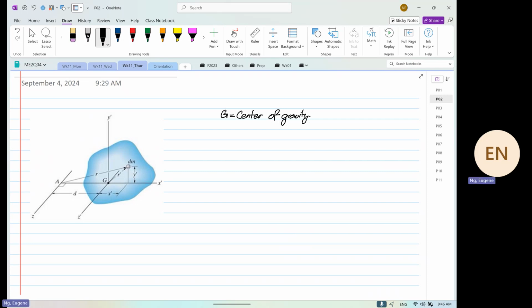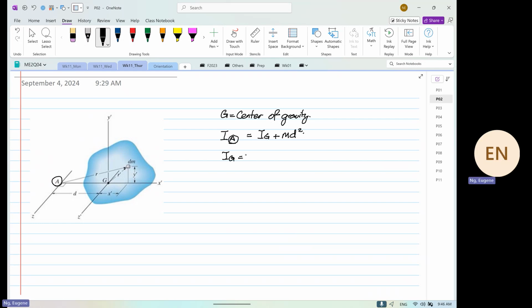If we want to find I from point A, so this is the A now, okay? I from point A. So this will be equal to Ig plus m b squared. Okay. So Ig